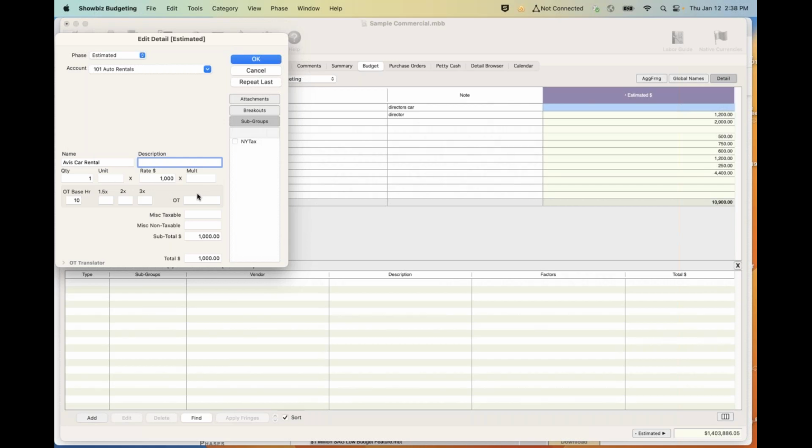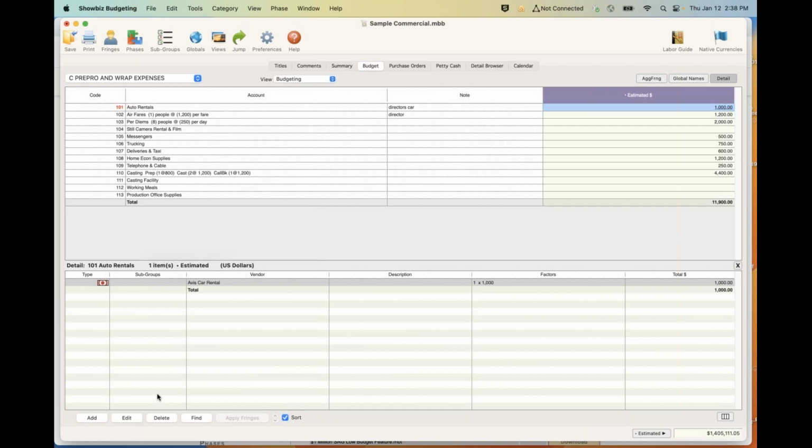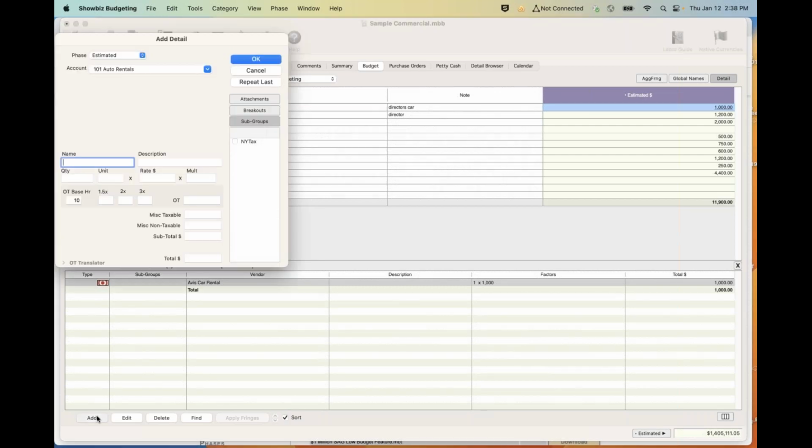So that's a handy tool. So I have $1,000. Let's say that's Avis and the car rental, and let's say a director wants to use Hertz. So I can go ahead and do Hertz, and director car,